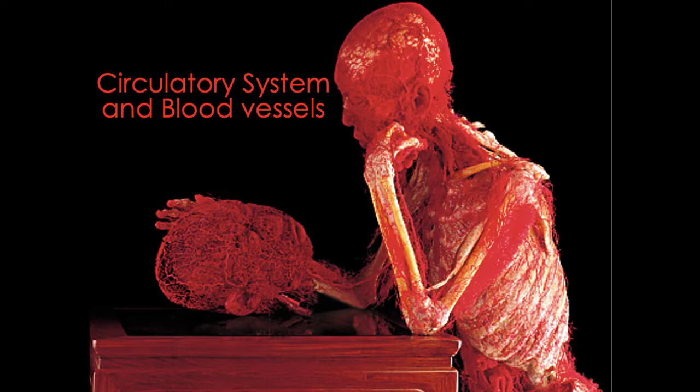The circulatory system and blood vessels. This is a plastinated real human. There's a pathologist called Gunther von Hagen who started plastinating humans. After they've died, they donate their bodies to him. And here he's